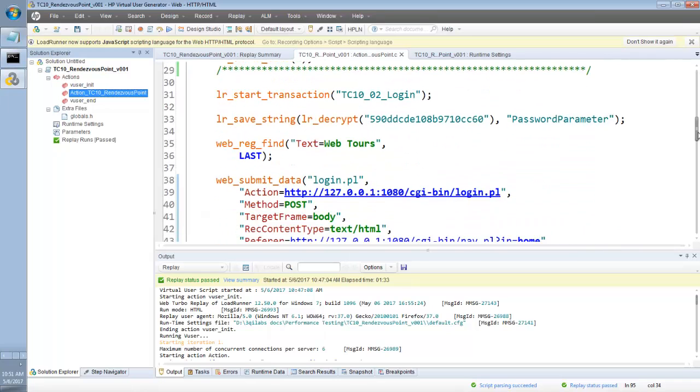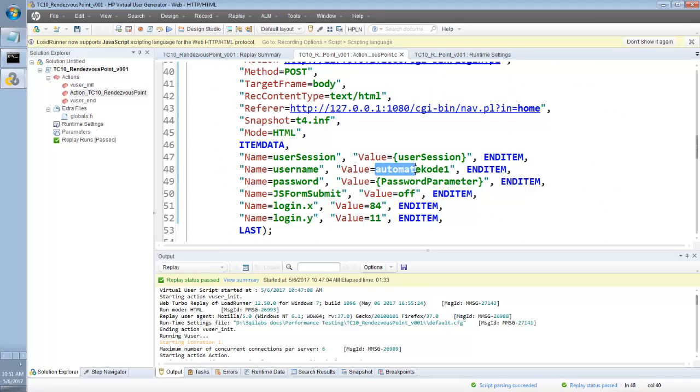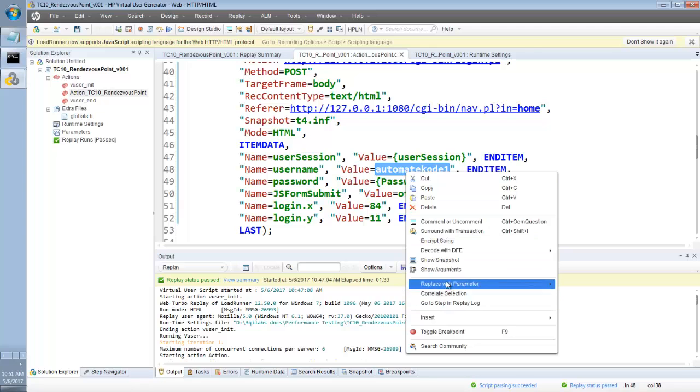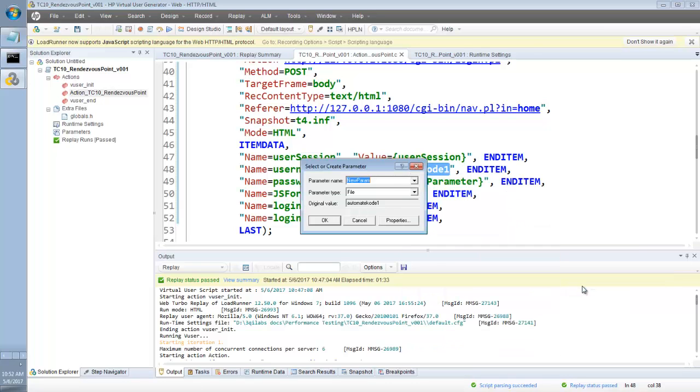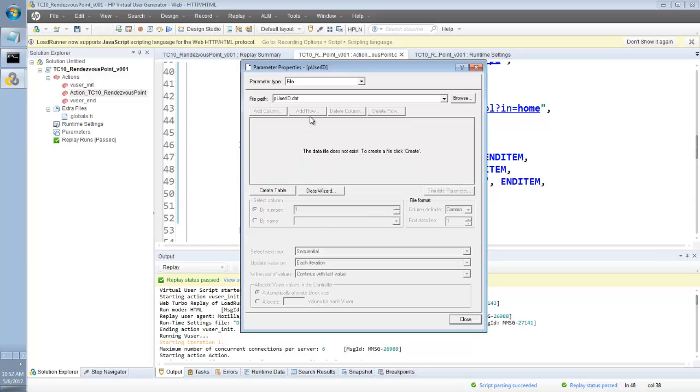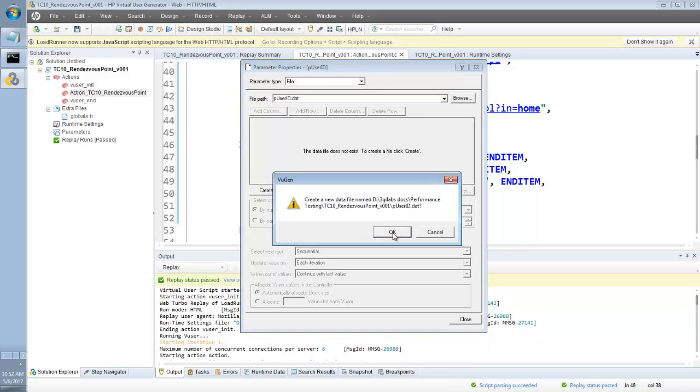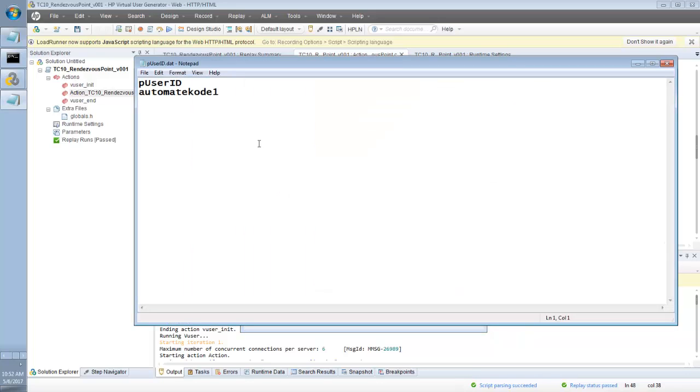And then you do parameterization. How do you do parameterization? Remember this automate code one. When I am running the test from the controller, I do not want every virtual user to use the same user. So I am going to parameterize this value. I right click, and you can select replace with parameter and create new parameter. I'm going to name it P user ID, create it as a file, and in the properties, create table, and then edit with notepad. I'm going to provide all of the